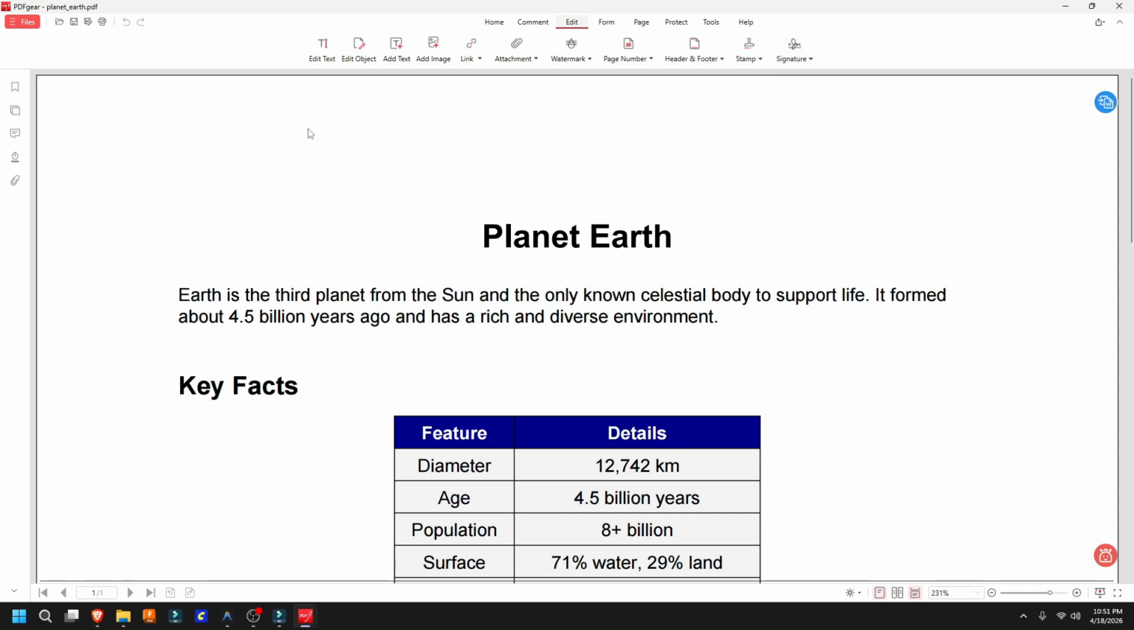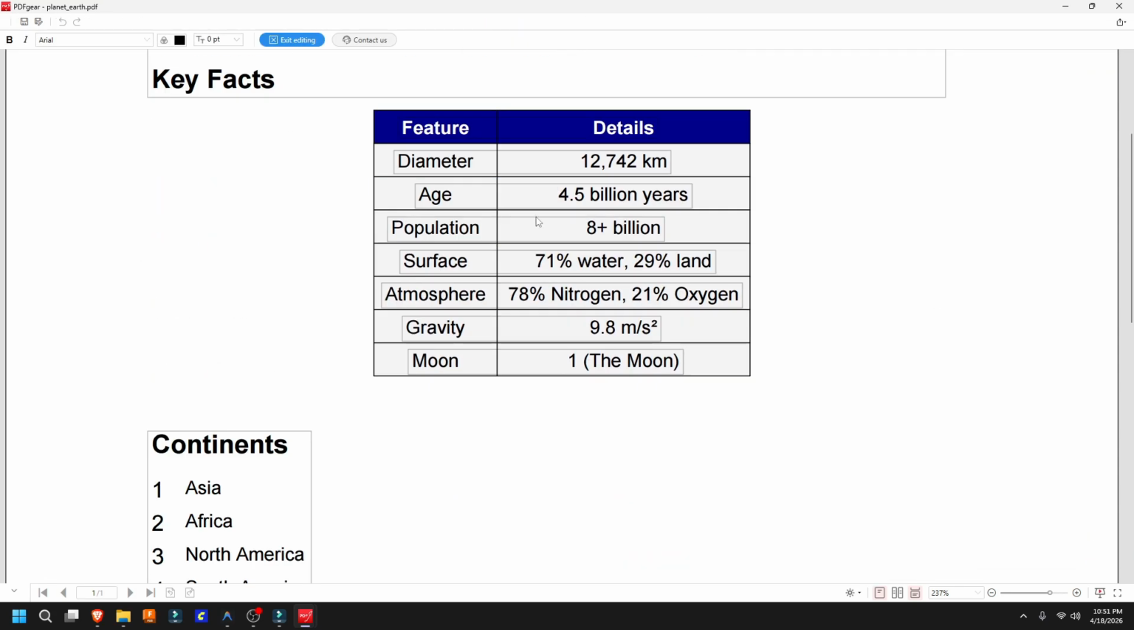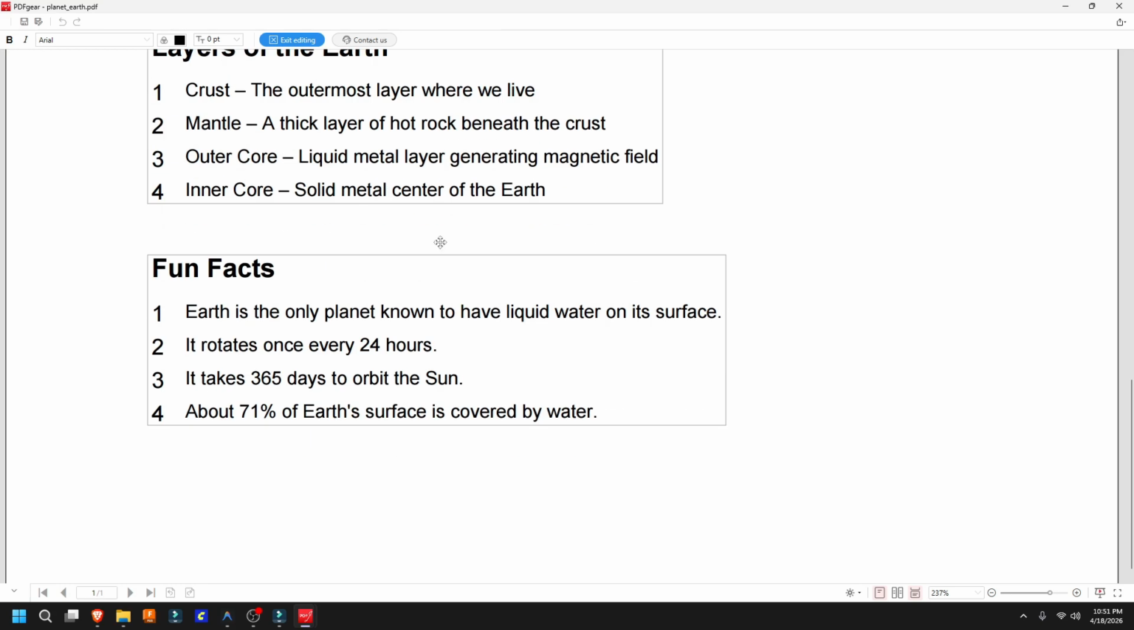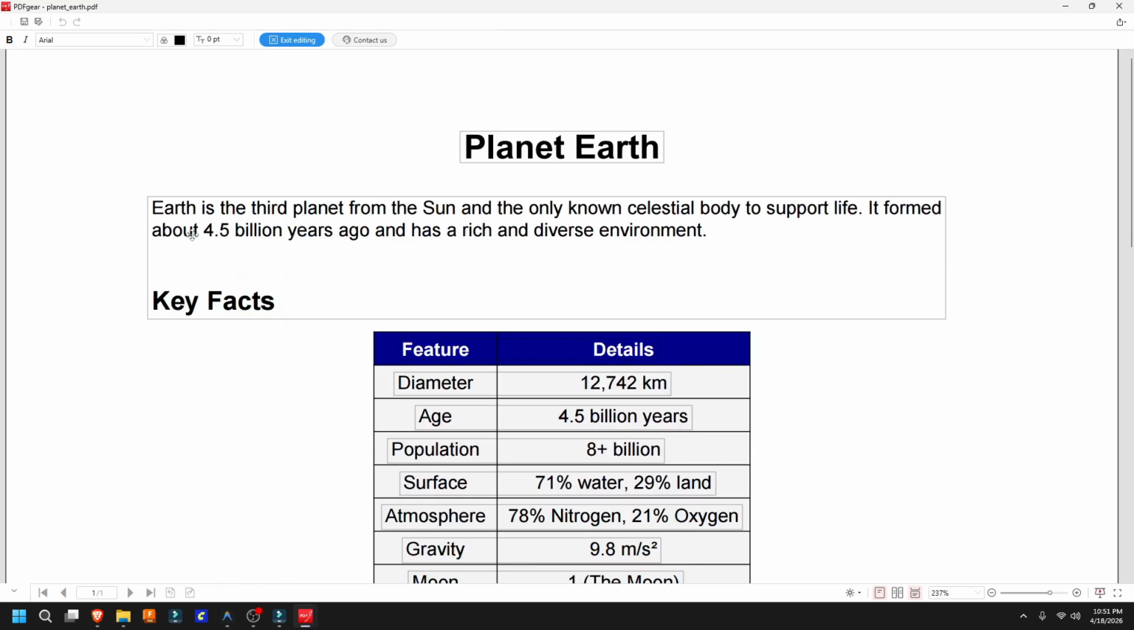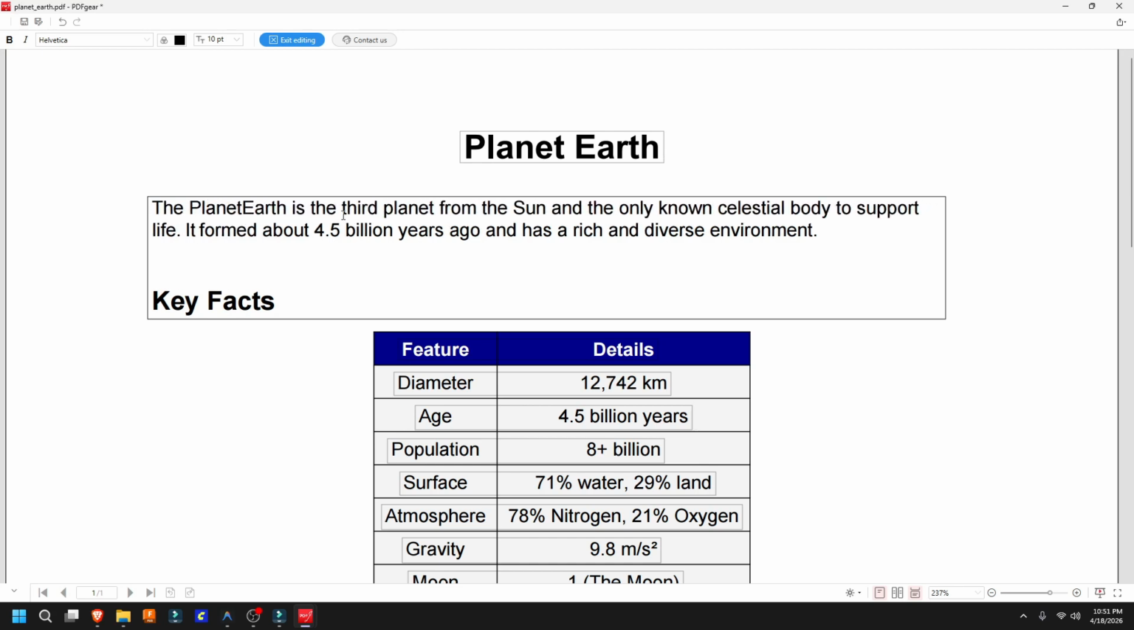Now to edit, for example, I want to edit this paragraph. To do so, I just have to click this and it will create a border around the text where we can edit. So for example, let's say I want to edit this part. So I will click here and write the planet Earth. One thing that I found very useful in the software is that it maintains the font size and